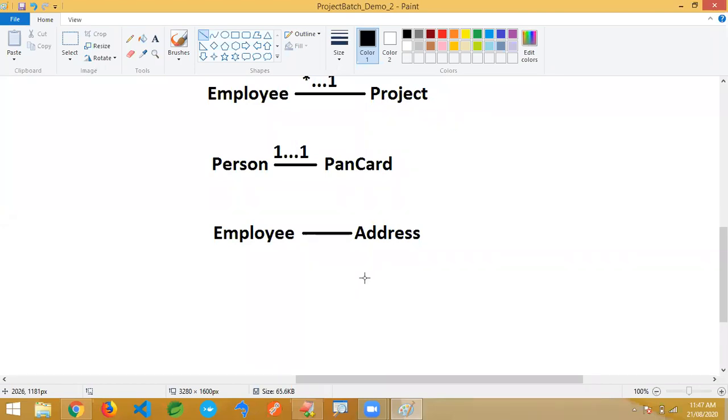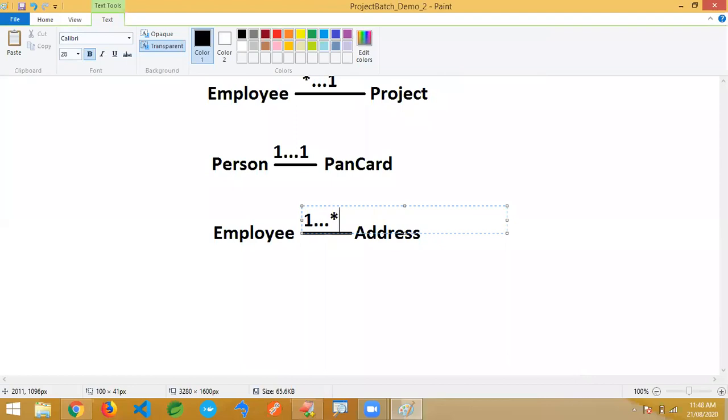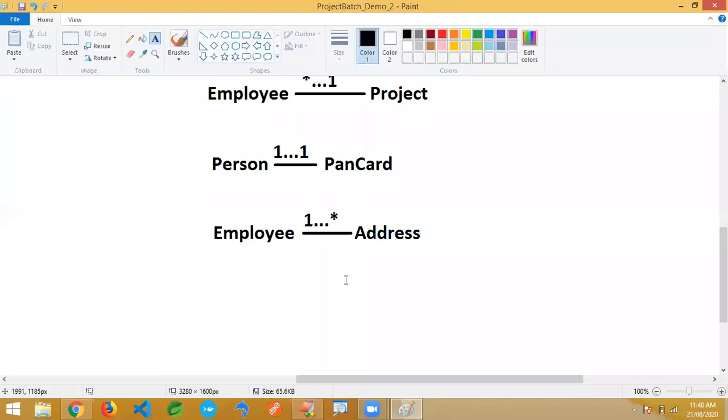But as of now, a simple one I'm giving here. One employee joined in the company can have multiple addresses connected: present address, permanent address, temporary address, friend address, office address, so many like that you can specify.